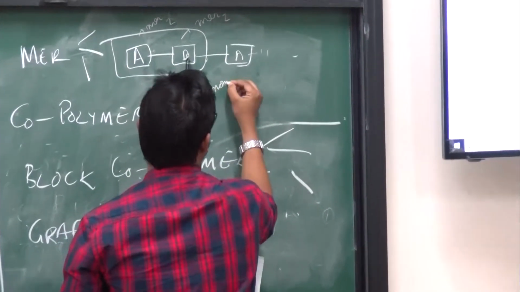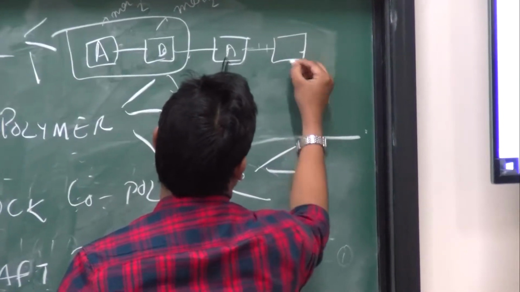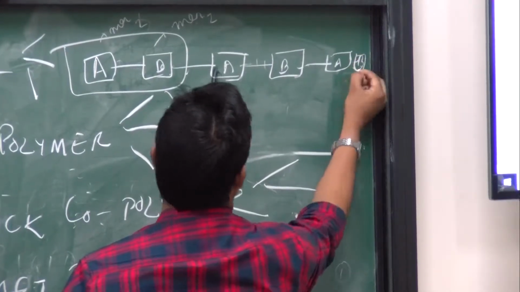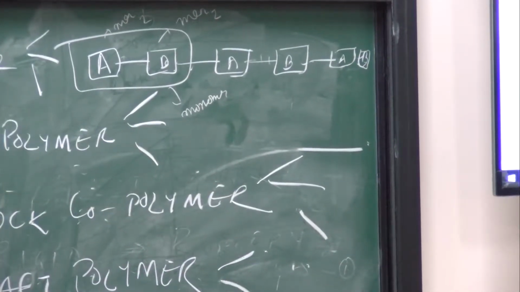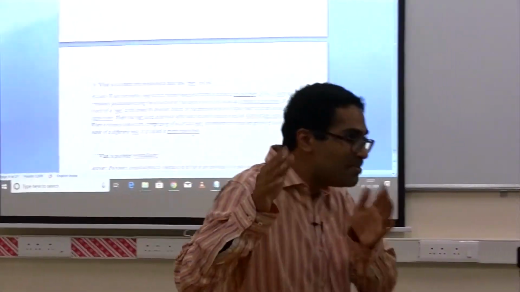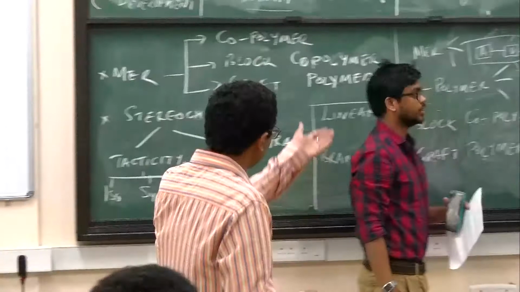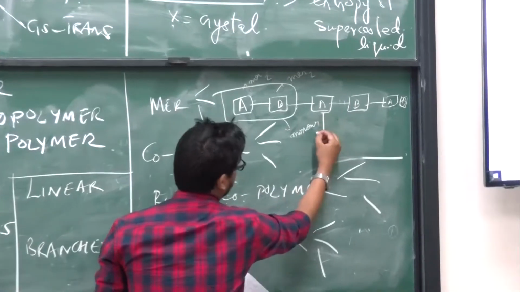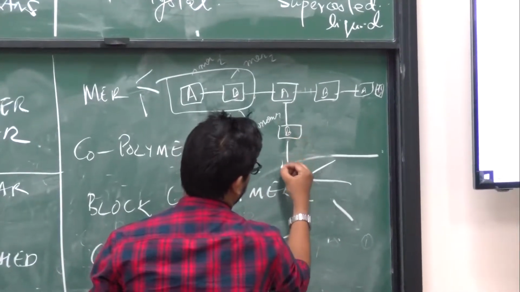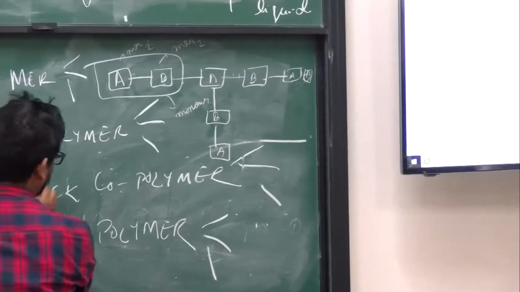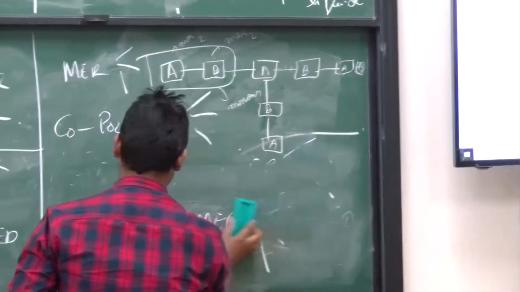So if X is the monomer, the polymer will always be XXXX. Yes. If it is represented as AB, yes, and then you can ask the question, what is that X made up of? If that X is made up of AB or let us say A, then it's a block that is actually repeating. Now it's the same polymer. Now it can be branched. So for example, A, B, and again. So maybe you can erase it. You can erase whatever is obfuscating the board, making it difficult for people to understand.